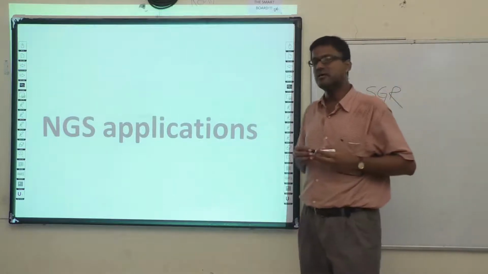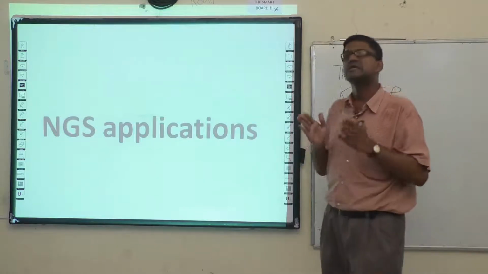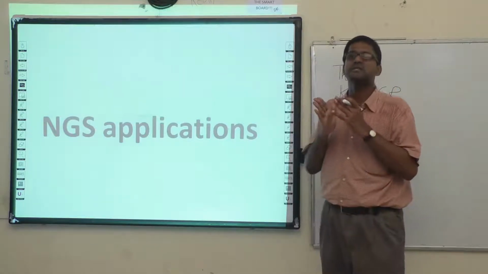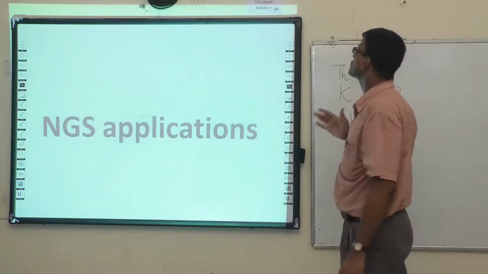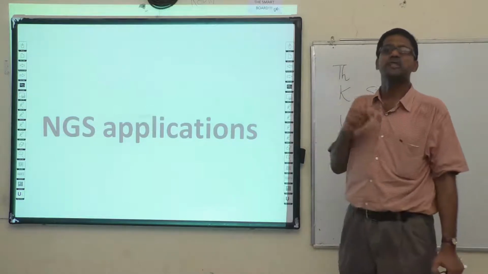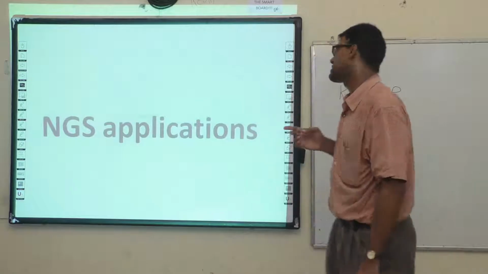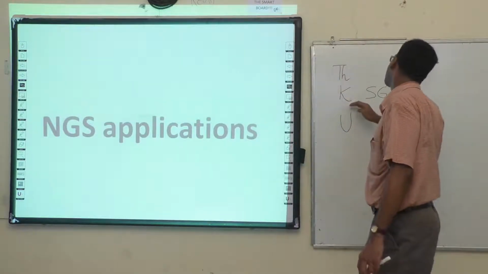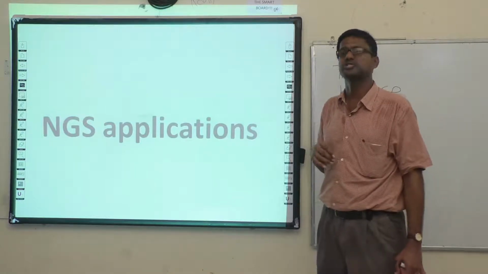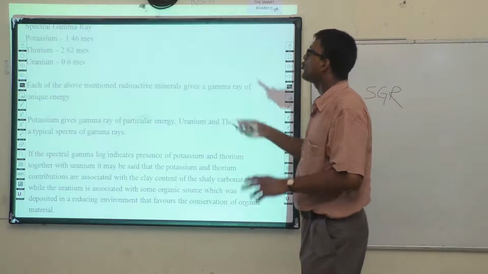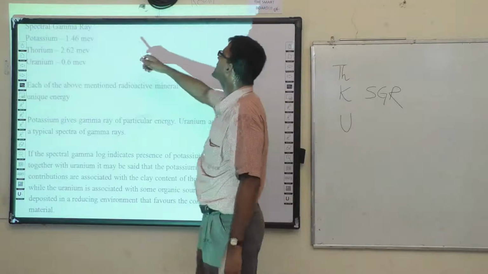SGR is nothing but the spectral gamma ray, that is, it removes the gamma ray's contribution from the uranium. We do not want the uranium reading because it is related to the organic matter, whereas thorium and potassium are related to the lithology. Yes, so potassium, thorium, and uranium, as I told you, have